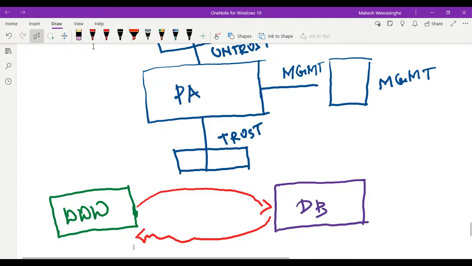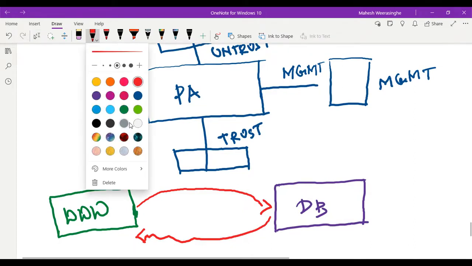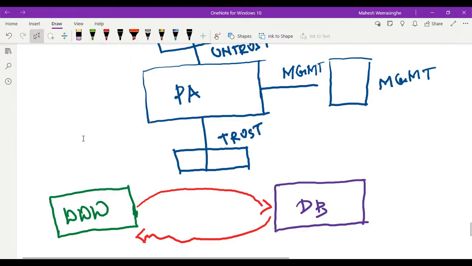Okay, so let me change the color. Now what we are going to do is steer traffic to the firewall. Our new traffic scenario should be: when we try to contact the database, or communicate to the database from the web server,